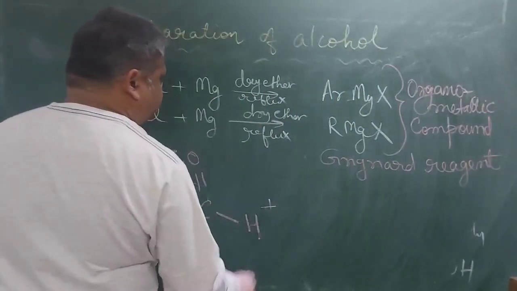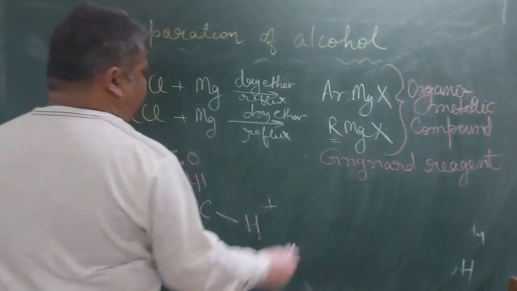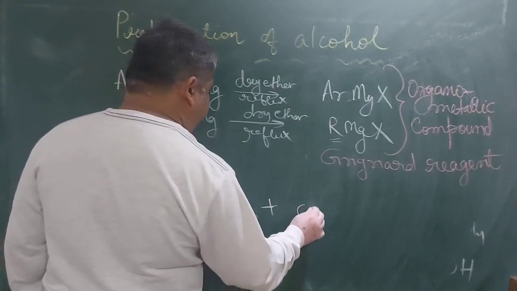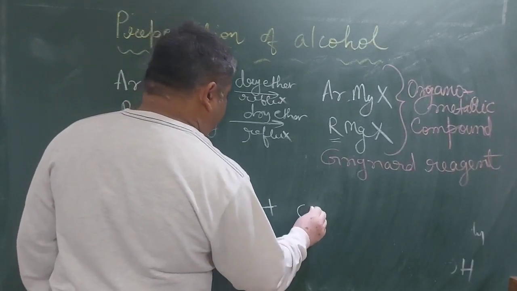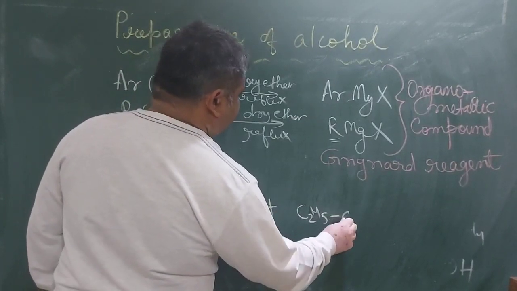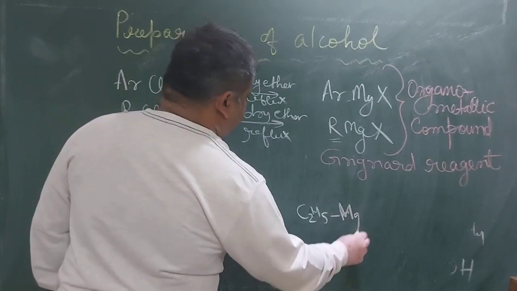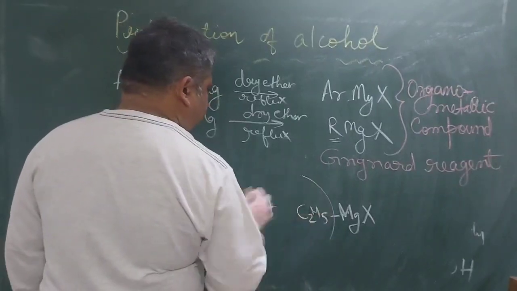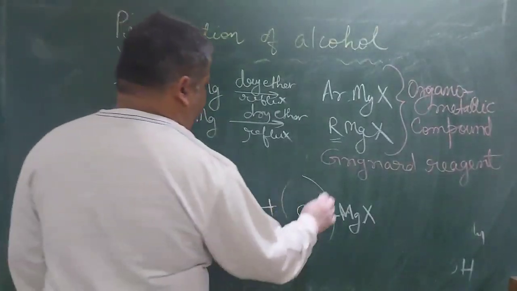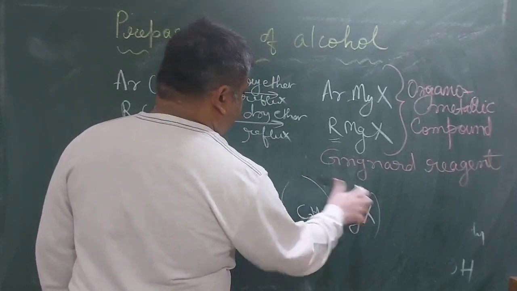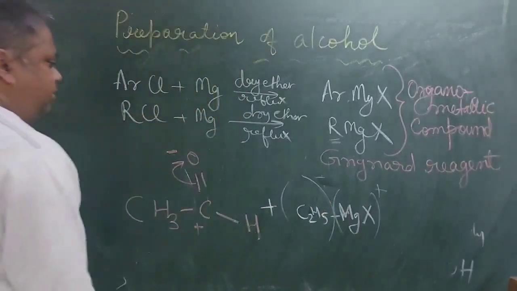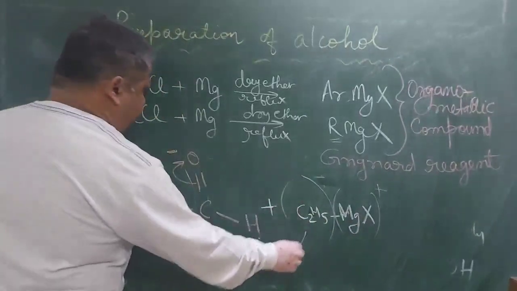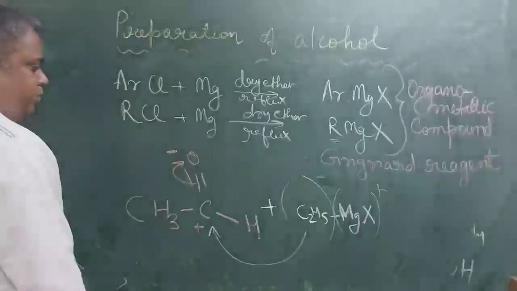Say in case of R, I can take another CH3, or C2H5MgX. So this part is the positive part, and this part is the negative part. So the positive part goes here and the negative part comes here, and it forms